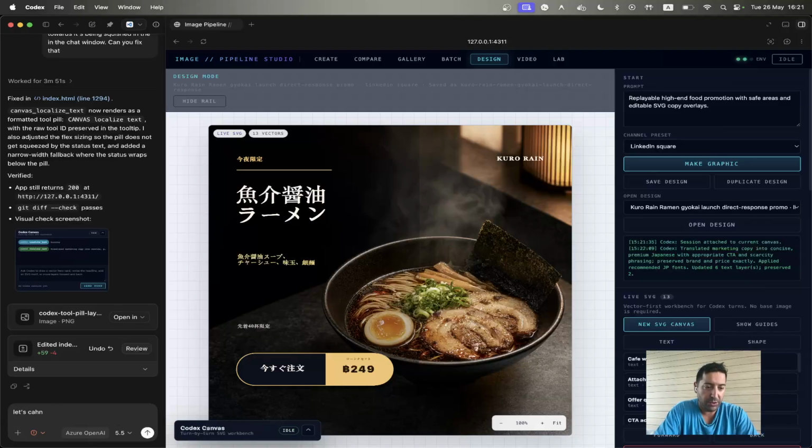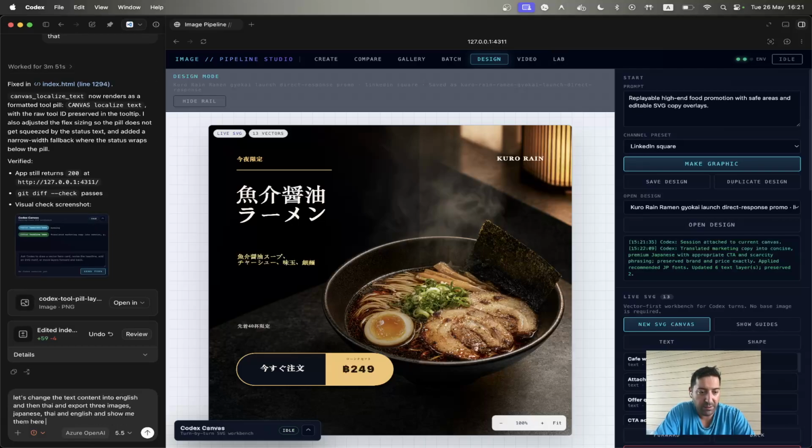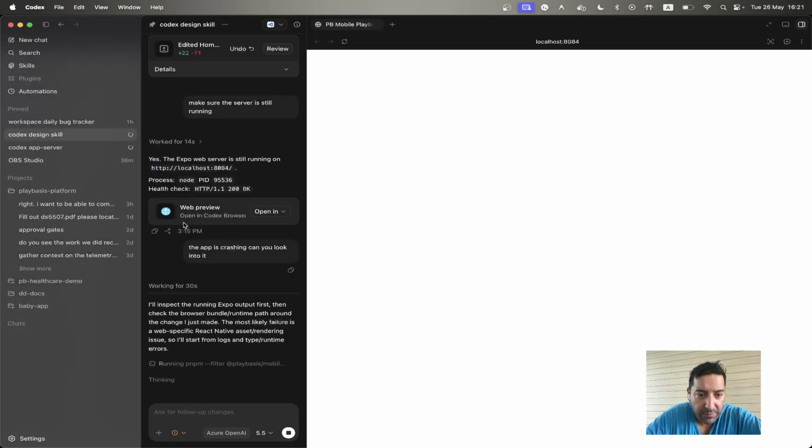Let's change the text content into English and then Thai and export 3 images, Japanese, Thai, and English, and show them here in Codex. So we kick that off because this Codex is inspecting